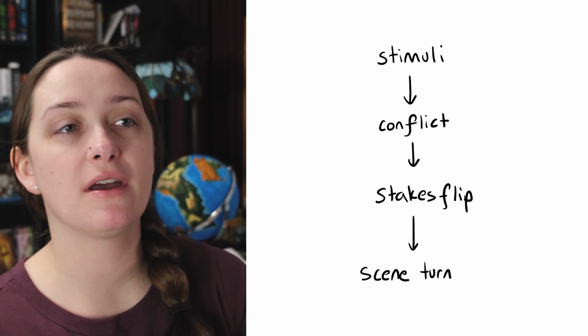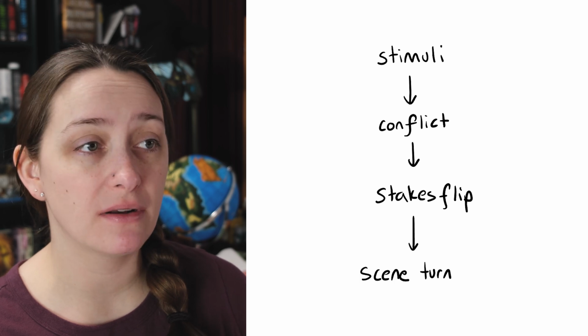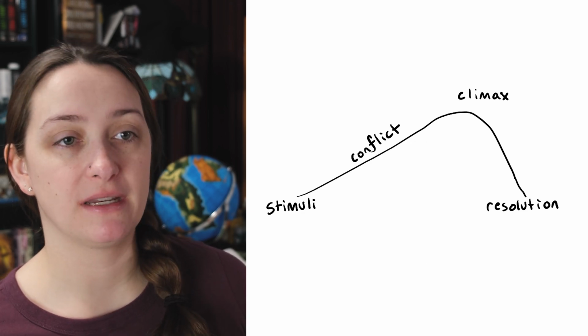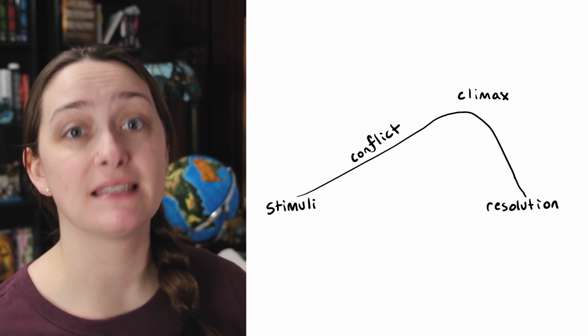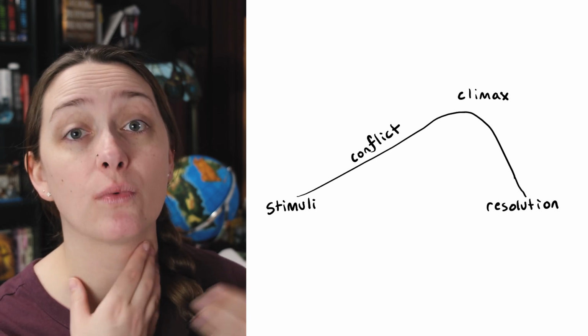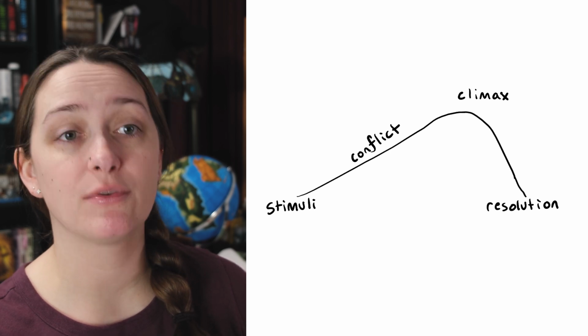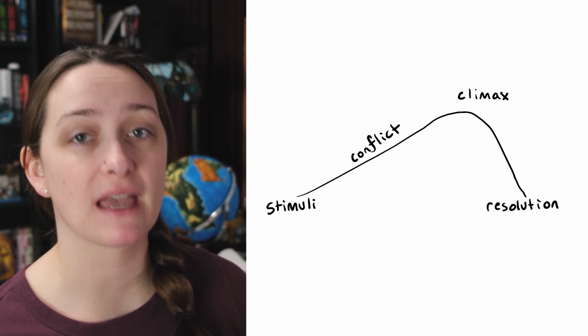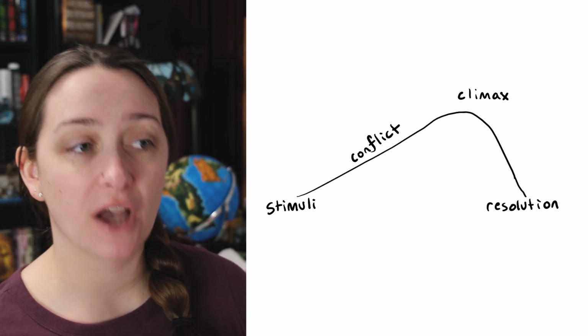So we can put this on a story graph that everyone will be familiar with to make this a lot easier to think about. So this is what I put together. And there's a million ways you could do this, right? There's a million ways you can label scenes in general, but this is the one that works for my brain. But again, we have that starting stimuli, which can be an internal goal or something external or antagonistic to react to. And then we have the conflict.